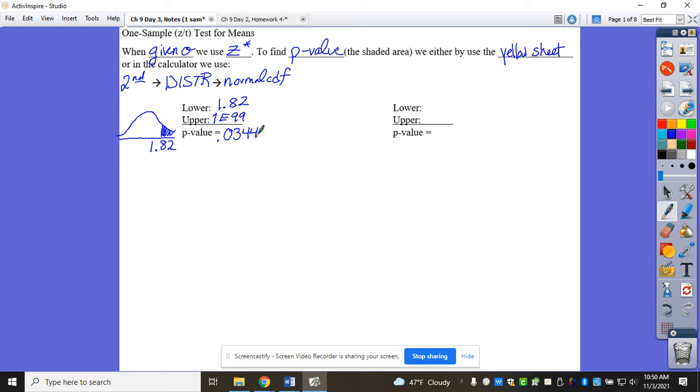So I've talked about these a lot here and there, but we haven't ever written this down, so I just want to take a second there. If it instead looks something like negative 1.60, and we're shading this way instead, what would I plug in as my lower? Negative 1E99. And there is a difference in your calculator between minus and negative. And then my upper would be negative 1.60. And then when I type that in and hit enter, I get a p-value of